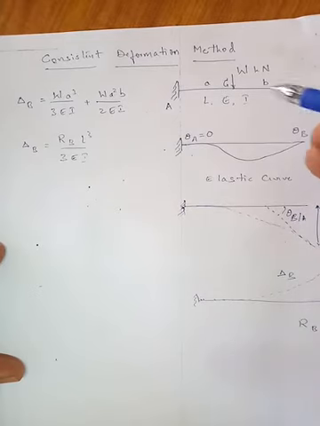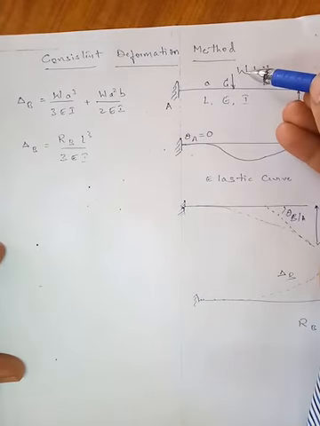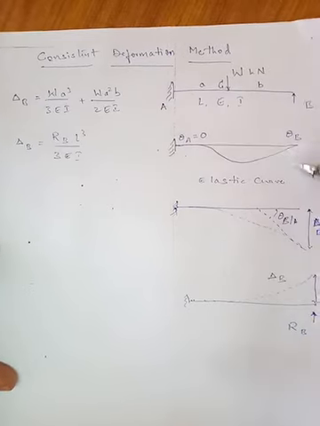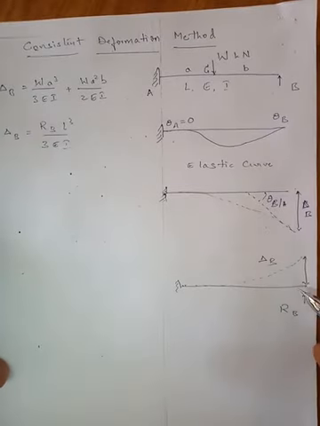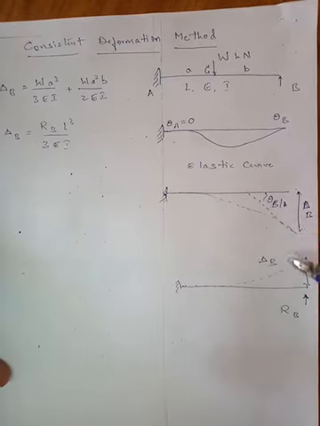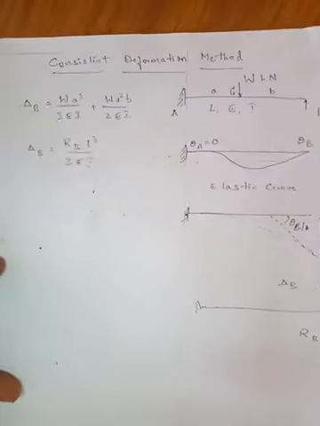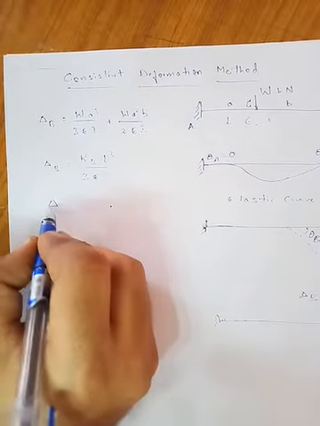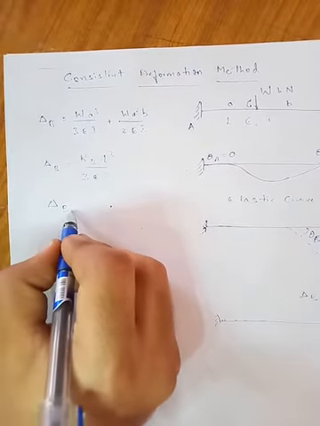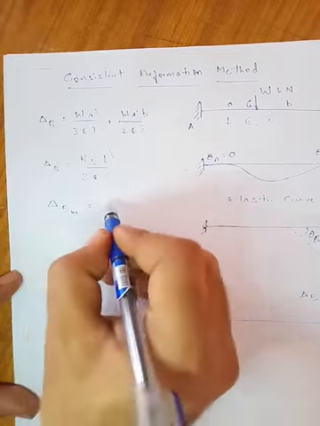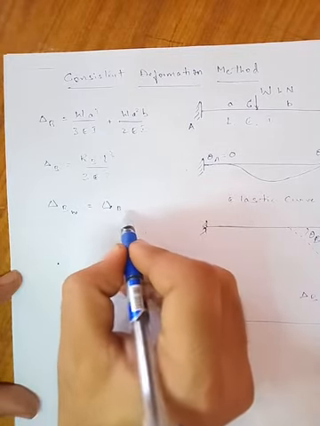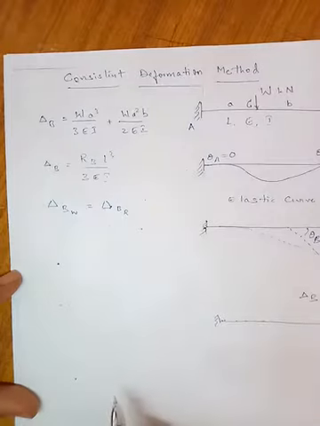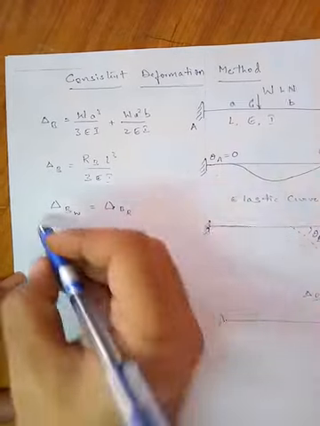Now as I told you earlier, deflection at B is 0. Why is it 0? Because the amount of deflection caused by the load W at B is nullified by the deflection caused by RB in the opposite direction. So these two will cancel each other and we'll get net 0 deflection. So can we equate these to each other? Deflection at B due to load W is equal to deflection at B due to reaction at B. Can we equate these two equations?